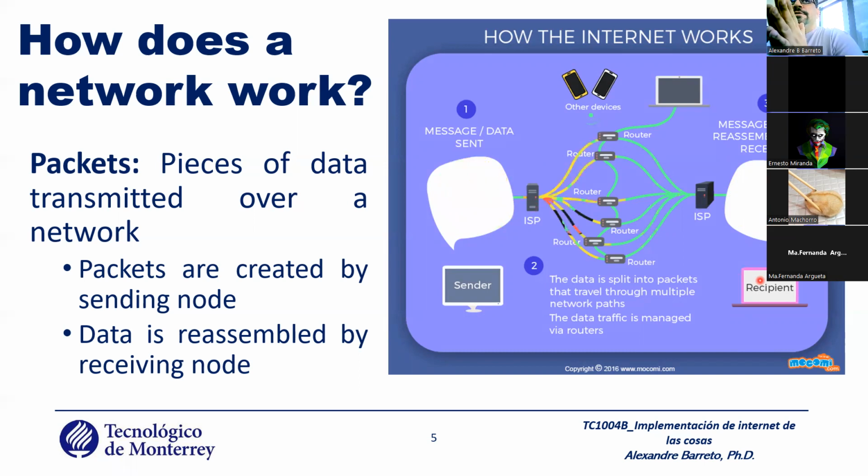The first question is, you have multiple paths to acquire. It's the big idea of the network. Fix one example: you are in your house, and you need to go to the campus of Tec in Mexico City. And you have only one path. And something happens, or two cars hit, some problem happens. You miss an appointment that you have at the Mexico campus because you don't have another path. The good idea, and the internet works like that, is you have multiple paths to go from one place to another.